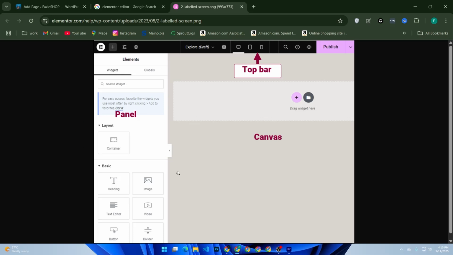So to build your page, just drag widgets like heading, text, and image into the canvas. Click on any element to edit the content, change styles like font, color, and spacing using the Style and Advanced tabs. Click the plus button from here